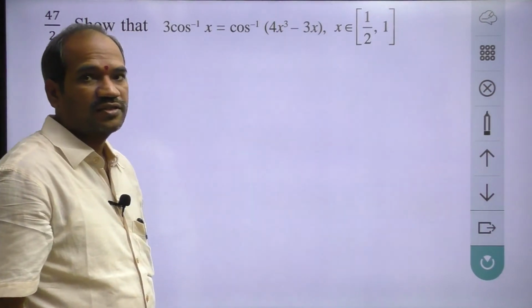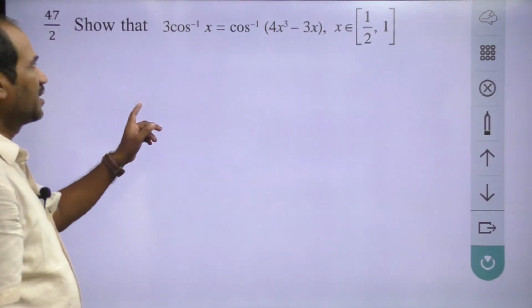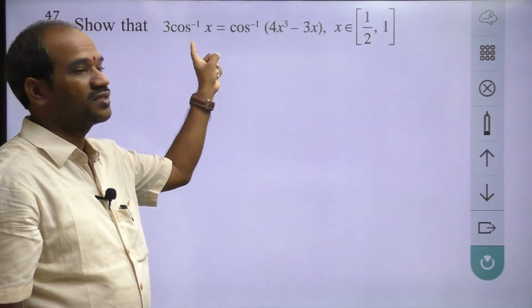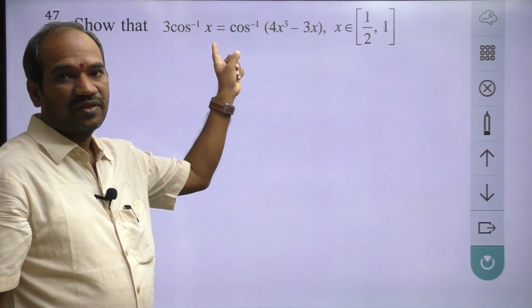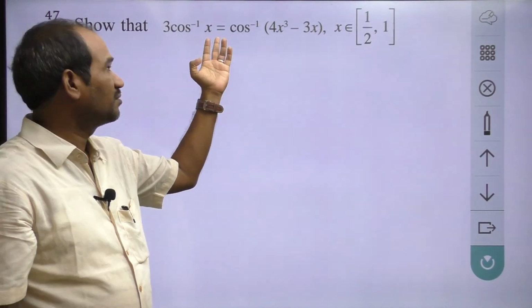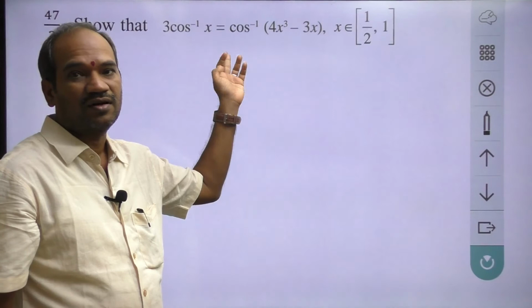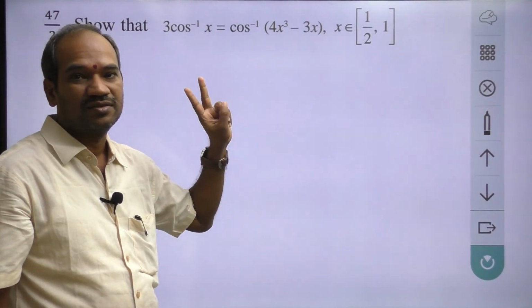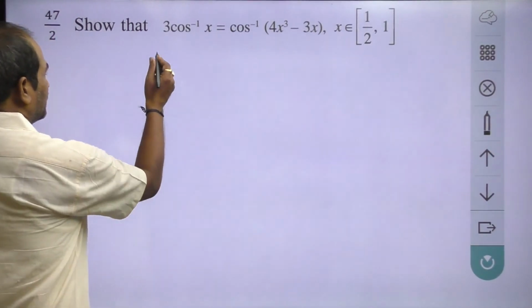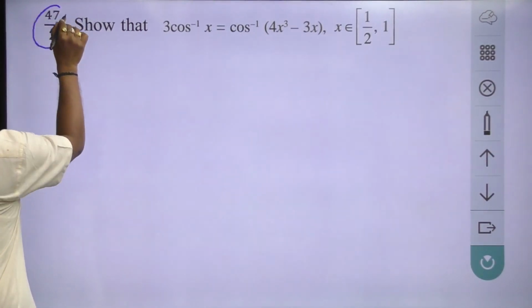Right, see here in this next problem. Next, same model. Here cos inverse is given on both sides. Okay, same question. In this question put x is equal to cos theta. Both sides cos inverse, put x is equal to cos theta. These two questions are repeated questions, 3 marks questions. Right, in this problem, page number 47/2 of the textbook.